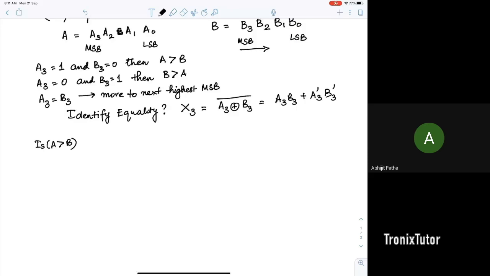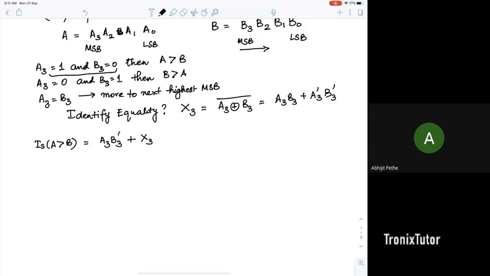Let's write this function without doing a truth table. I will say A is greater than B if A3 B3 bar. So A3 B3 bar is going to identify this condition, that is, A3 B3 bar will be high only when A3 is 1 and B3 is 0. So I will say A is greater than B if A3 is 1 and B3 is 0, or